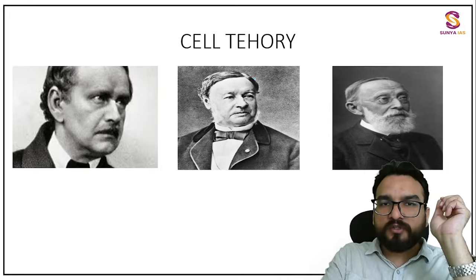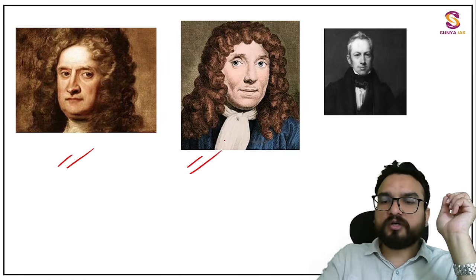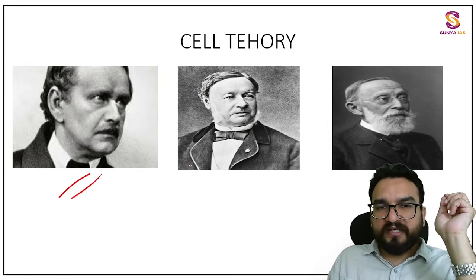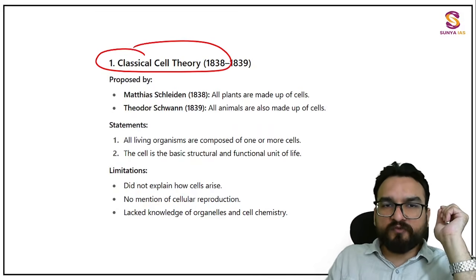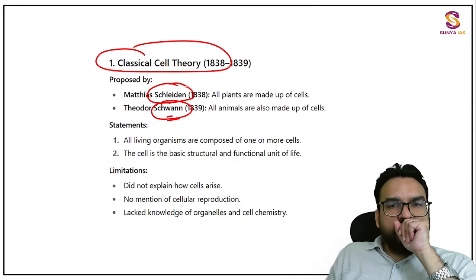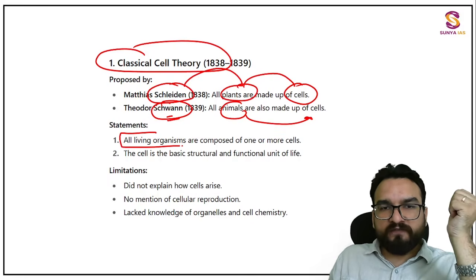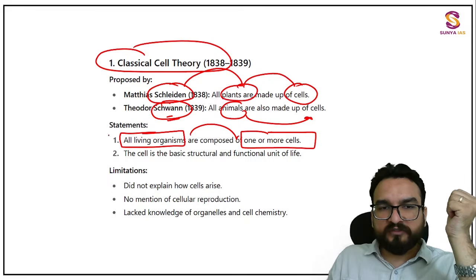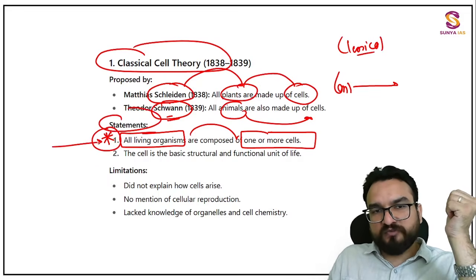Now let me show you. These are the people engaged over here. This is Robert Hooke, Leeuwenhoek. Over here, this is Schleiden, Virchow, and Schwann, right? So you will find these people. Classical theory: I have told you, Matthias Schleiden, Theodor Schwann. Schleiden focused on the fact that plants are made up of cells, and animals are made up of cells. So they concluded that all living organisms are composed of one or more cells. You will remember this. When you write about the classical theory and the contribution of scientists, you write like this. Then the statements they gave, this you will remember.